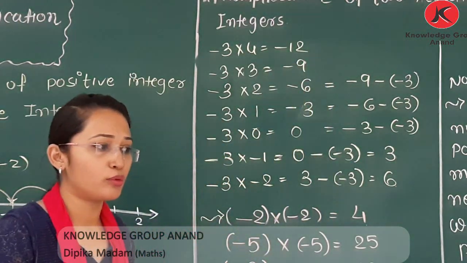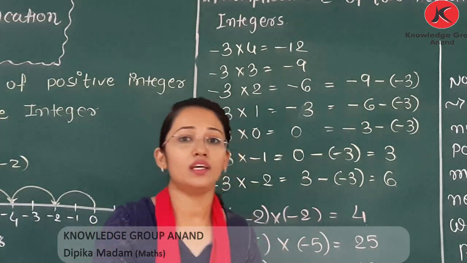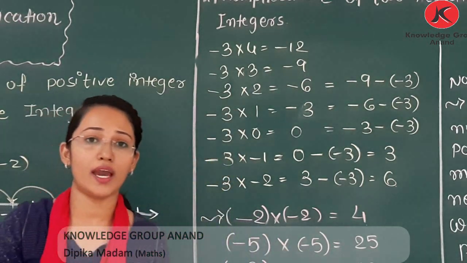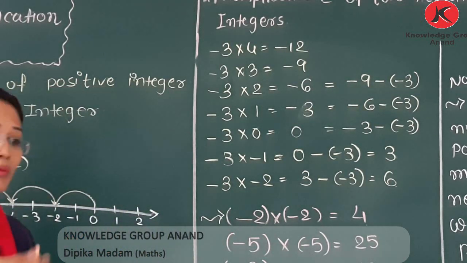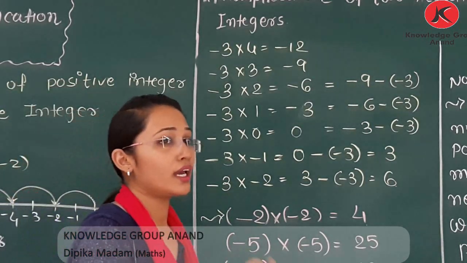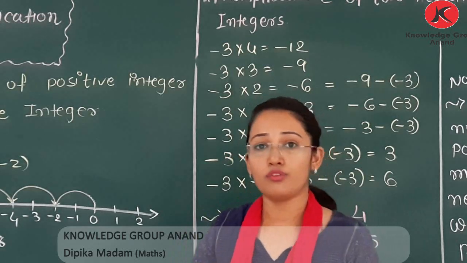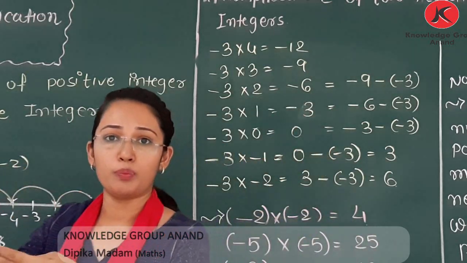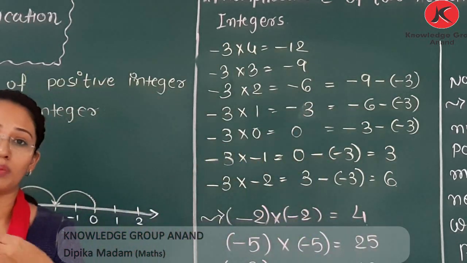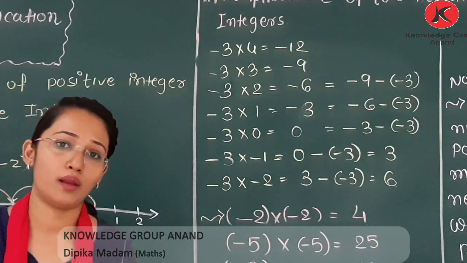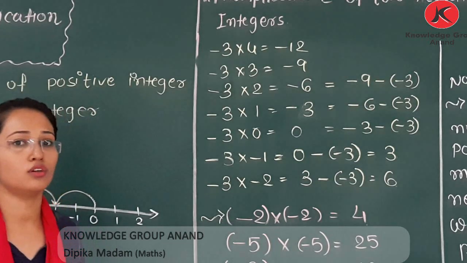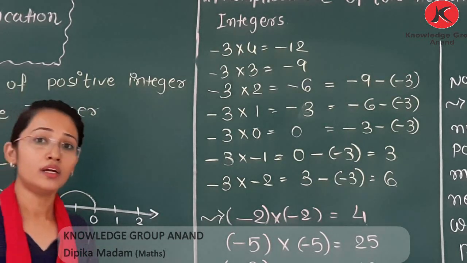For example, we have 3 ones are 3, 3 twos are 6. So what we get in 3 twos is that we are adding 3 to the previous number. You used to remember the table this way too. 3 threes are 9, so we need to add 3 to the previous one, that is 6. Add 3 to 6 and you get 9. Add 3 to 9 and you get 12. So we are performing addition in a table.